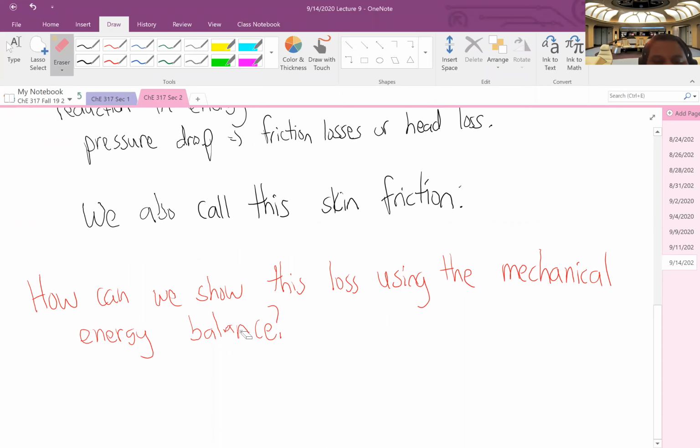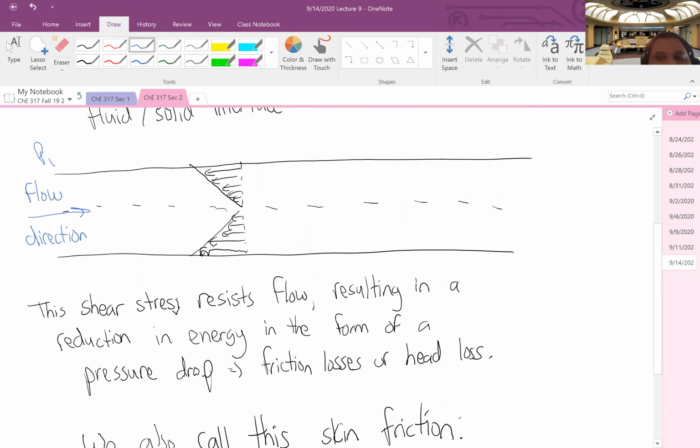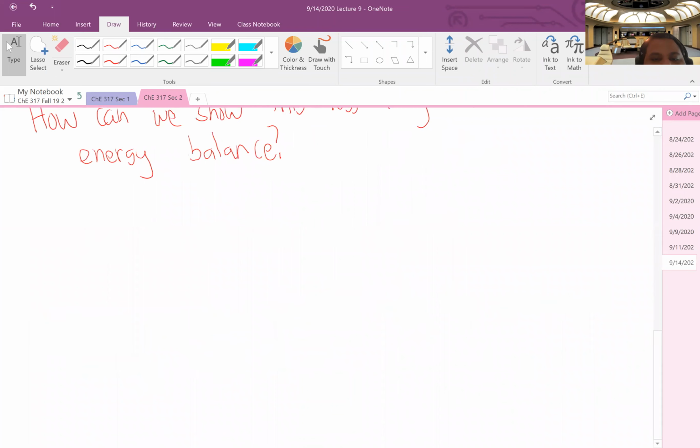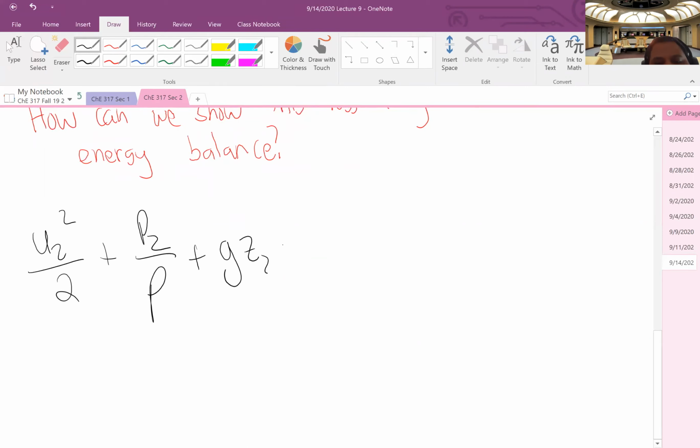Well, if I were to pick some points in my system, saying I have a P1 here, a P2 here, a velocity, height, the usual, and I'm going to pick points at 1, points at 2, and do a mechanical energy balance over those points, what I would have is something that looks like this: U2 squared over 2 plus P2 over rho plus g times Z2 equals U1 squared over 2 plus P1 over rho